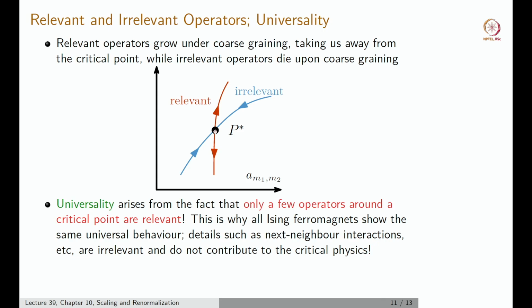It depends on the nature of criticality. For example, in the standard critical points that we have, there will be only 2 relevant operators. All other operators in the theory, remember, look at the Ginzburg-Landau theory that we wrote down. You can write all kinds of terms: phi squared terms, phi to the 4 terms, gradient phi whole squared terms, phi to the 6 terms, gradient square phi the whole square terms. You can write all of these terms. They all have coefficients. Most of them turn out to be irrelevant at the critical point of interest.